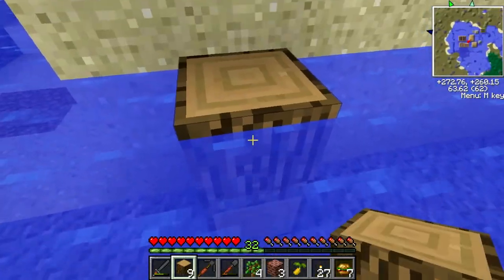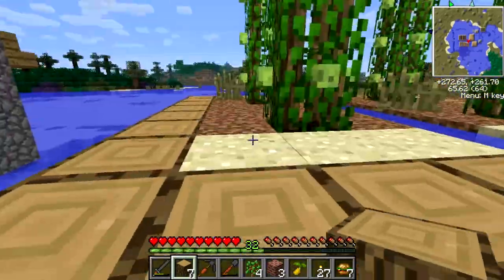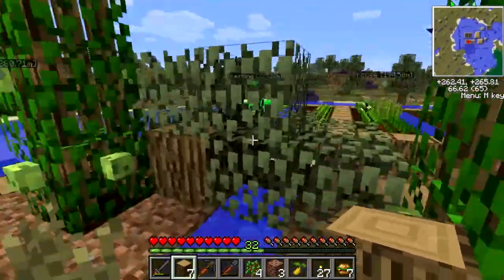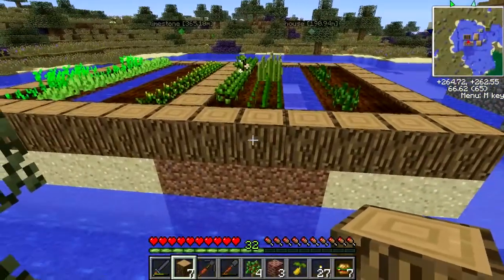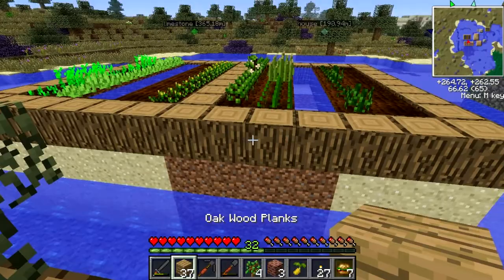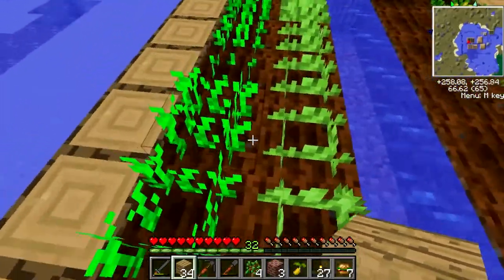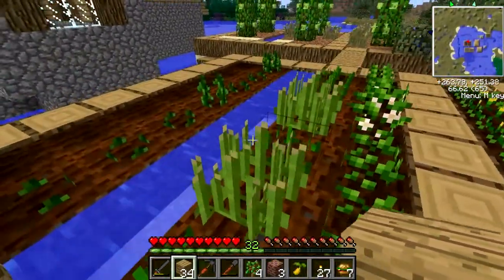It always seems these villages spawn like in lakes now to me for some reason. Every village I seem to get anyway. Looks like we have some crops here. And instead of using up all these logs, let's use something else. Potatoes, are these carrots? One of these? Hard to tell when they're not grown